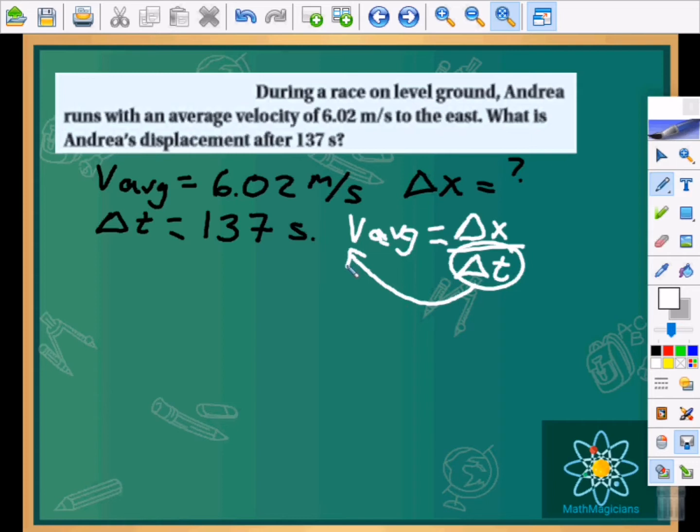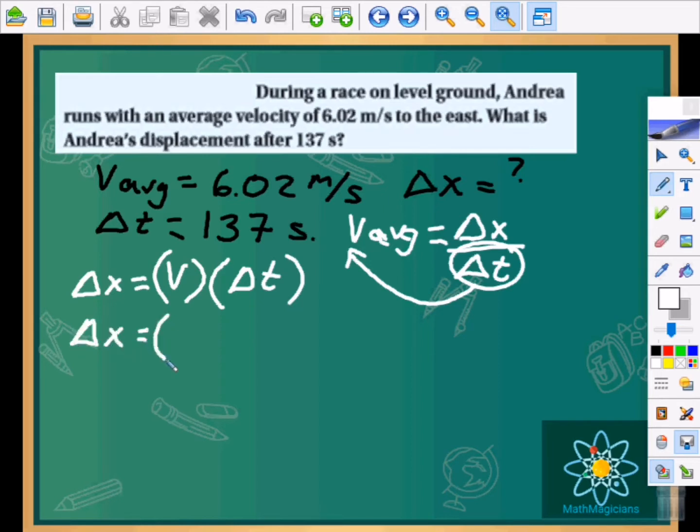That means that my displacement is equal to the multiplication of my average velocity times my change in time. If I substitute the information, my average velocity was 6.02 meters per second, and my time is 137 seconds. If we make this multiplication, your answer is